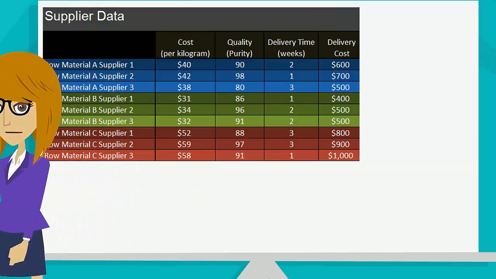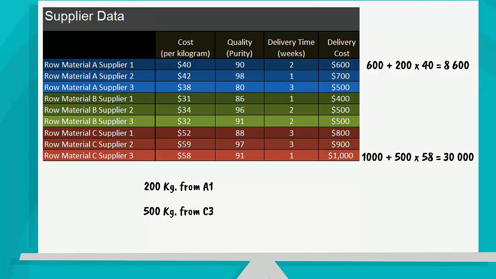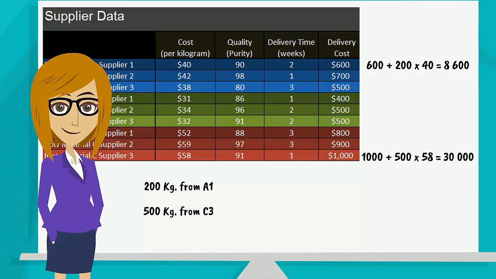Now, suppose that you want to order 200 kilograms from supplier A1, and 500 kilograms from supplier C3. Because an order of 200 kilograms was made to the A1 supplier, then the following costs are incurred. Now, because an order of 500 kilograms has been made to supplier C3. So, the total cost is